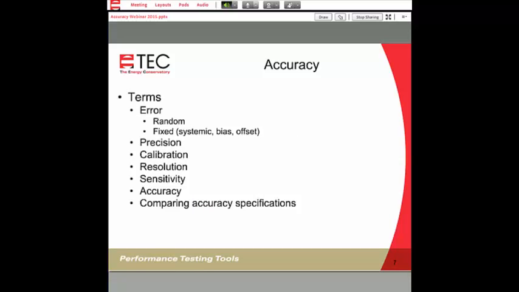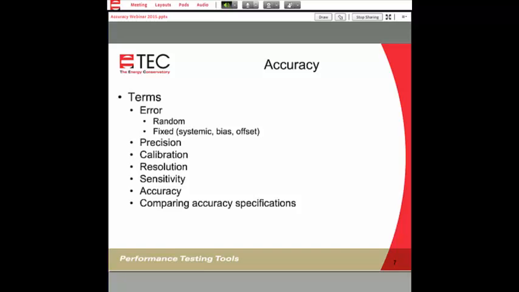So let's look at accuracy and the variety of terms that exist when we're talking about accuracy. Accuracy is kind of an amalgam of a whole series of things when it comes to instruments. We look at error, and there are specific kinds of error: random error and fixed error.